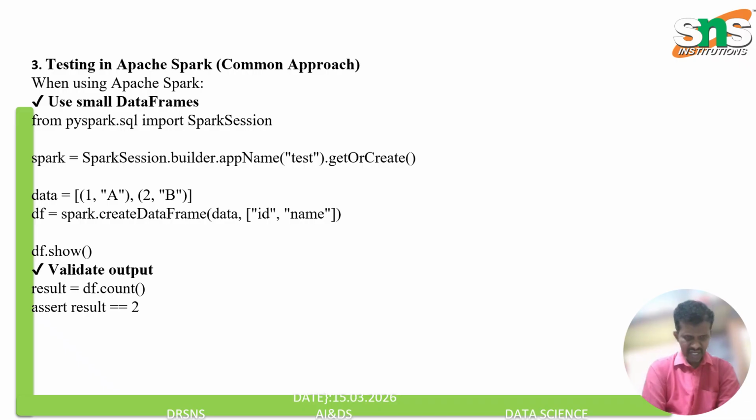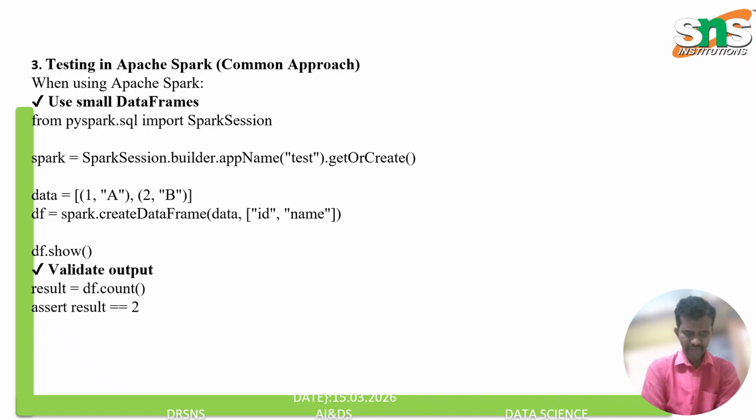Next, we can move to the next topic, that is testing in Apache Spark. A common approach: there are different types of approaches followed in big data, and commonly we can use this in Apache Spark. When using Apache Spark, use small data frames. Here, when we are using Apache Spark, there is a condition that we have to use small